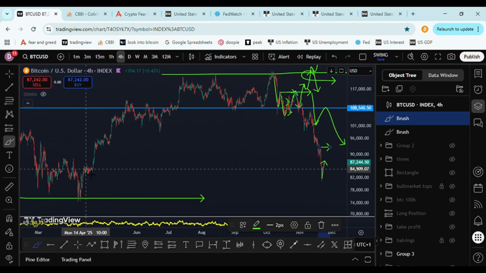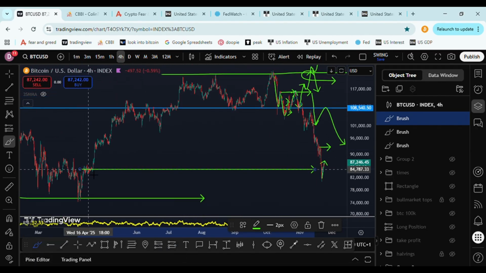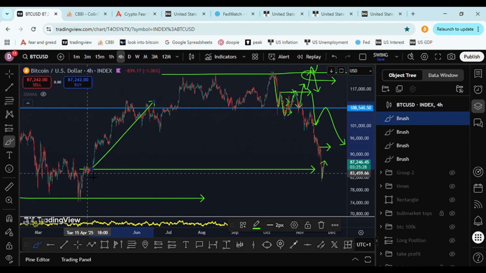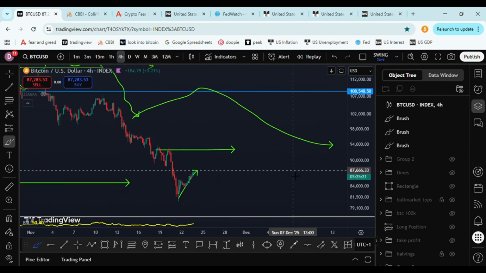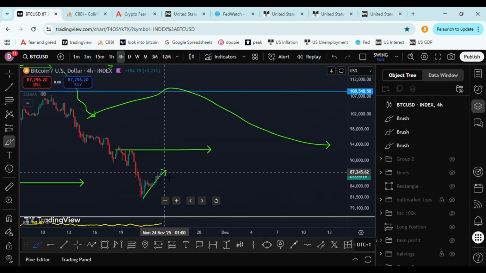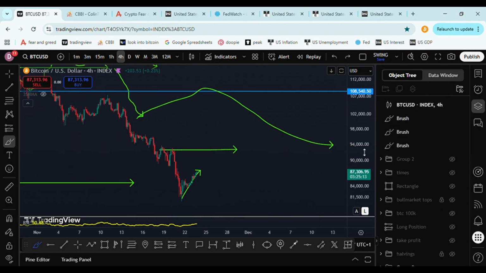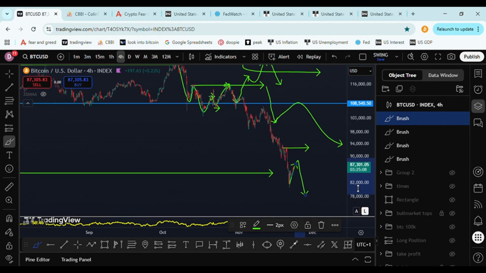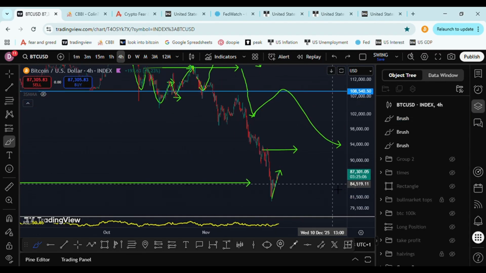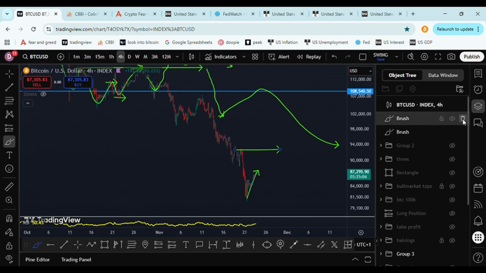What have we tested back? We found liquidity above the start of this impulse that brought us to the all-time high, so it would be a good level to find some support, but we need way more price action and some patience to see how this price is going to develop. And one of the most important signals for me is, are we going to break this resistance, or are we going to keep printing that lower high and then go down even more? We'll have to see how that's going to play out.